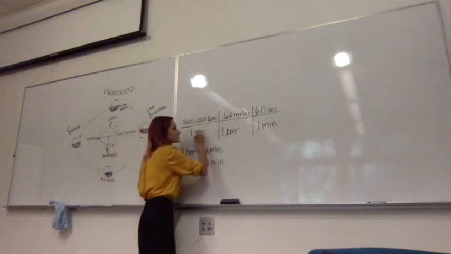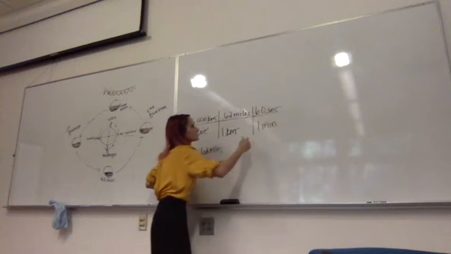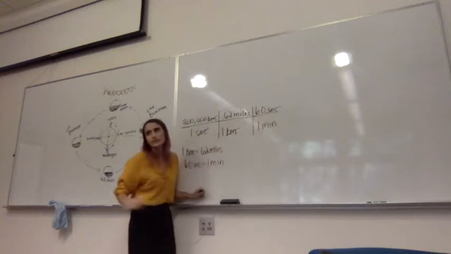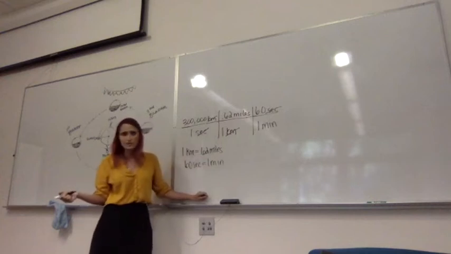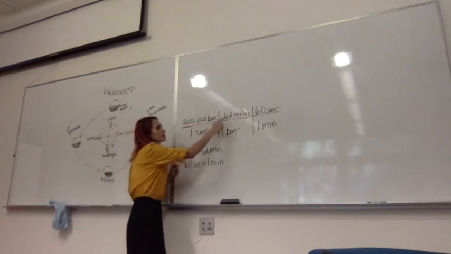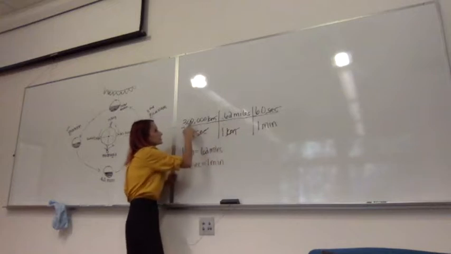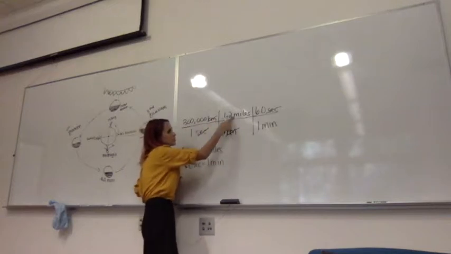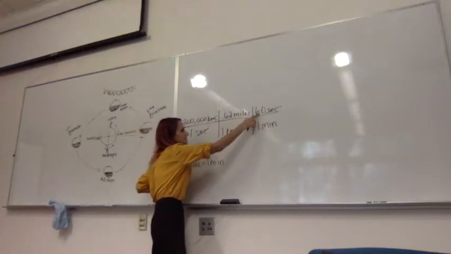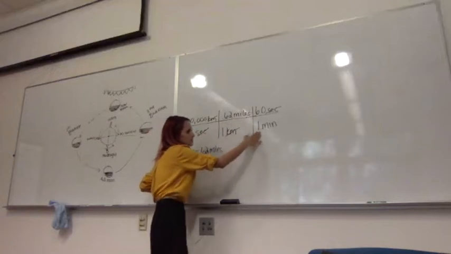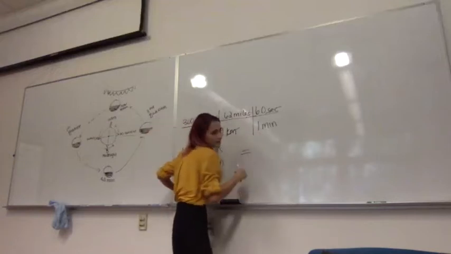Kilometers, kilometers, seconds, seconds. So the units we're left with are miles per minute, which is what we're looking for in this question. You multiply across the top and divide across the bottom. So we have 300,000 times 0.62 times 60, divided by 1, divided by 1, divided by 1. And that gives us,